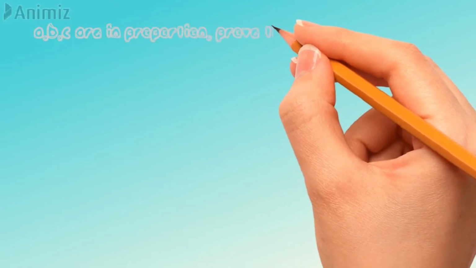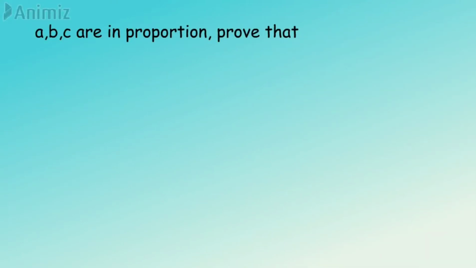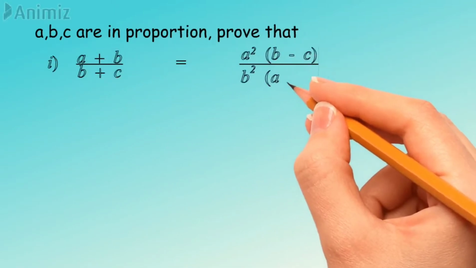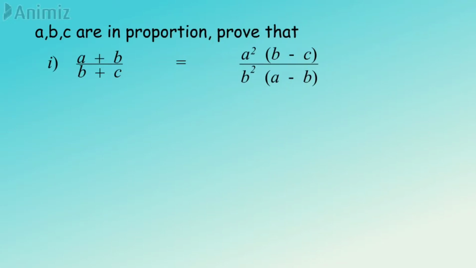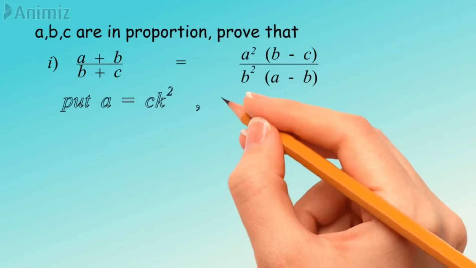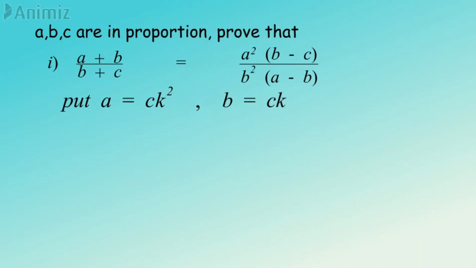Now students, A, B, C are in proportion. You know that whenever three terms are taken, they are always in continued proportion. So first sum I have taken, what you have to do? Instead of A you have to put ck square and instead of B you have to put ck. How we got this? I have explained in part 1. You can refer there. So now substitute A equal to ck square and B equal to ck in the left